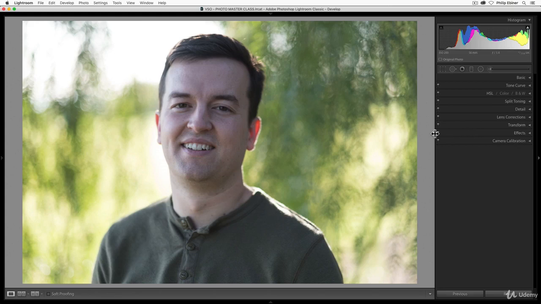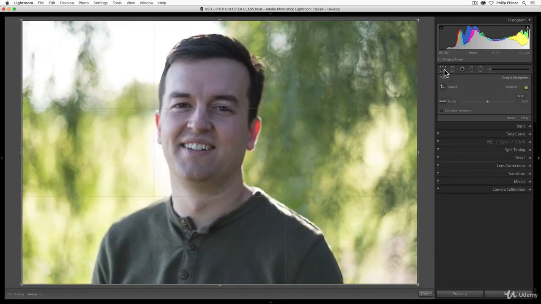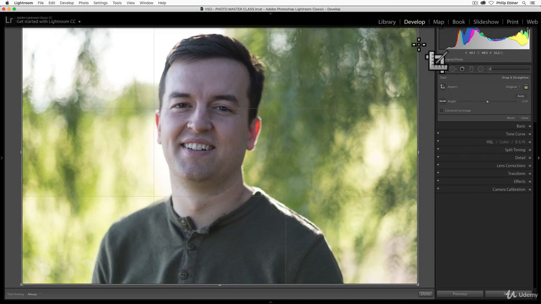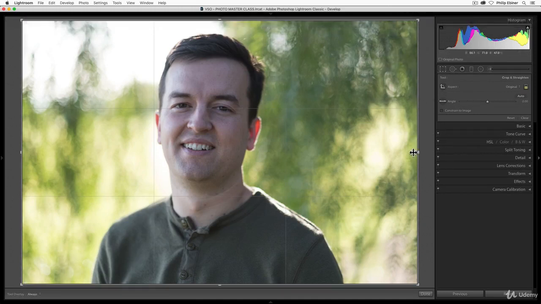Okay, so to crop, you want to click this little box that has the dotted line around the edge. Click that and that brings up our crop options. You'll also notice that sort of an overlay with corners that look like you might be able to do something with them by hovering over them. And also this grid, which allows us to use things like the rule of thirds and to straighten horizons and things like that in an easier way.